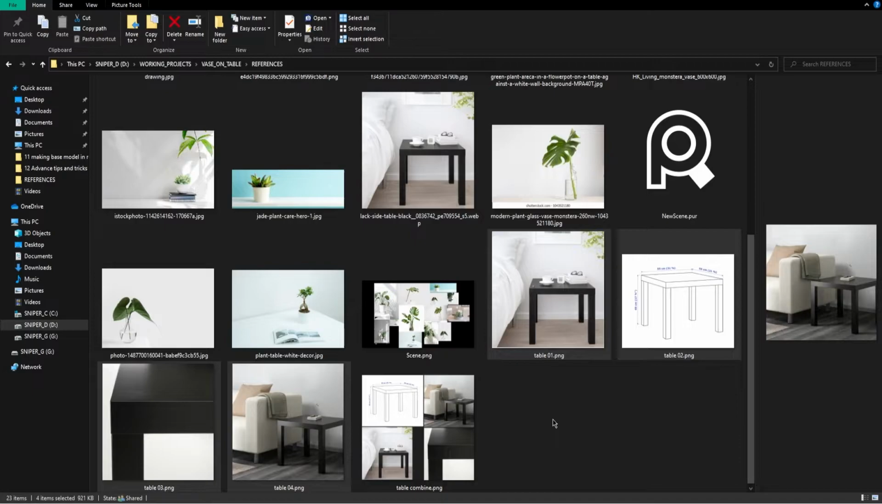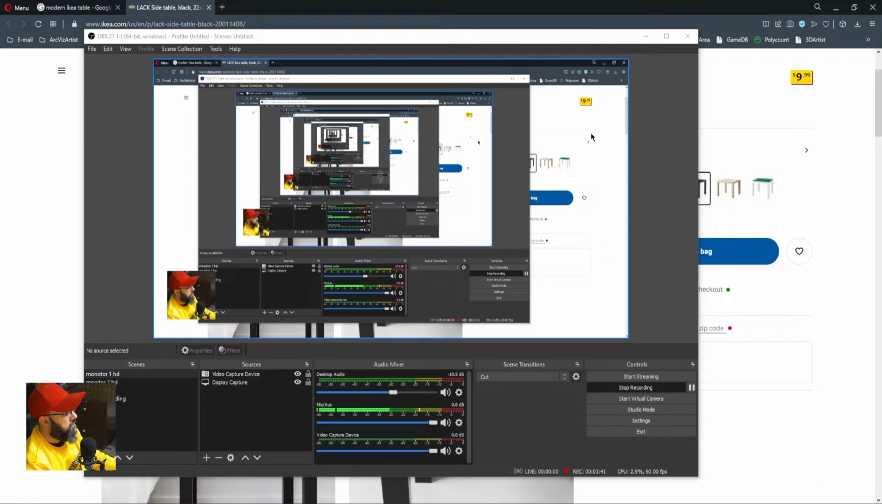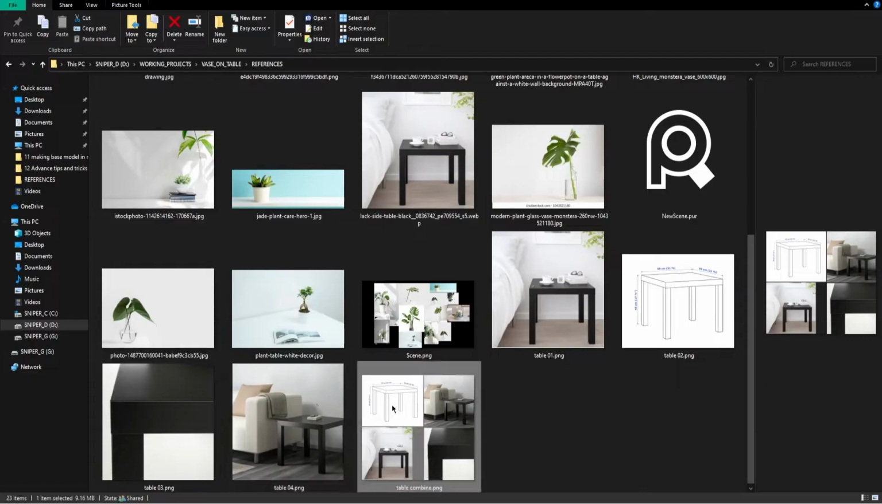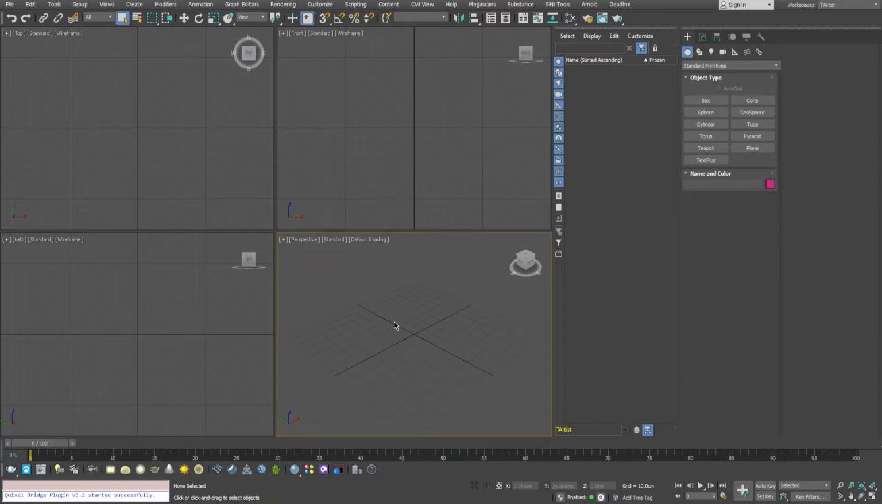Okay, and now this just popped in as a PNG image, and I'm going to close this, and I'm not going to save changes. Yeah, it's now open on my screen. So finally we are in Max, and we are going to start modeling the table. This is the arrangement that I like to set up,